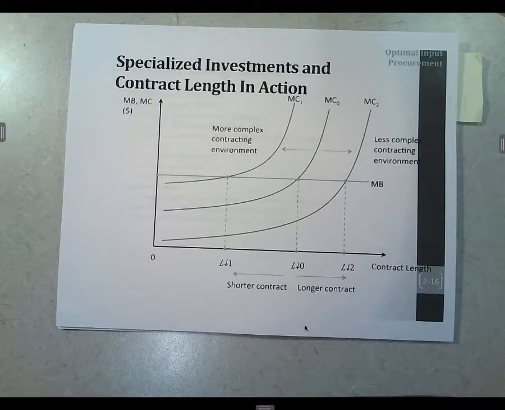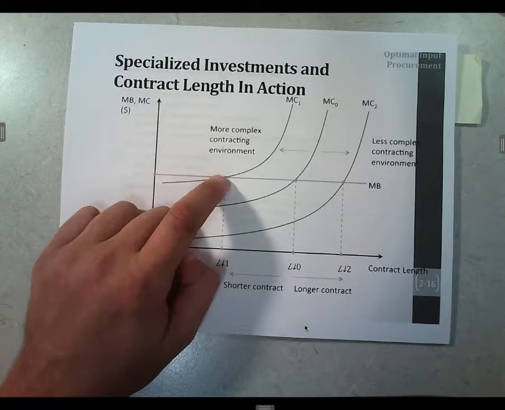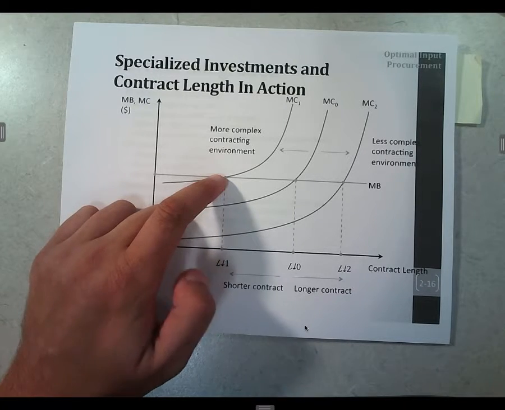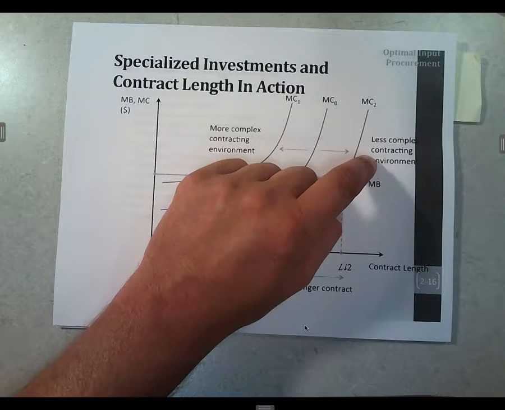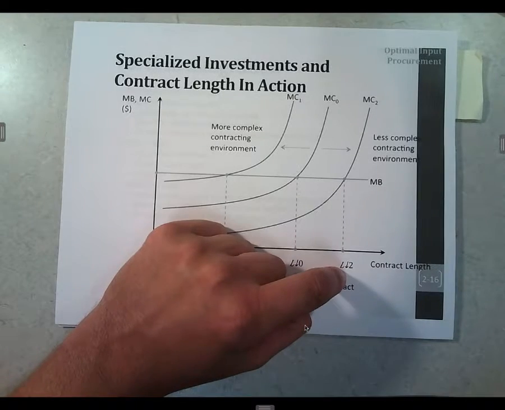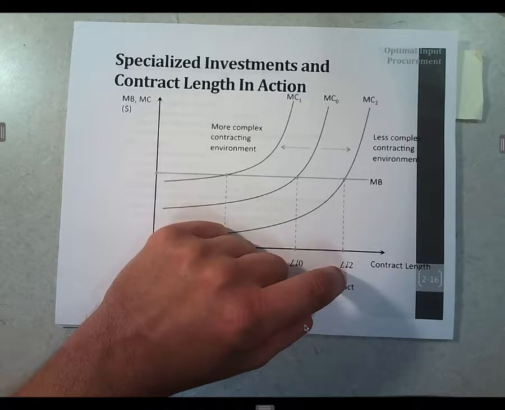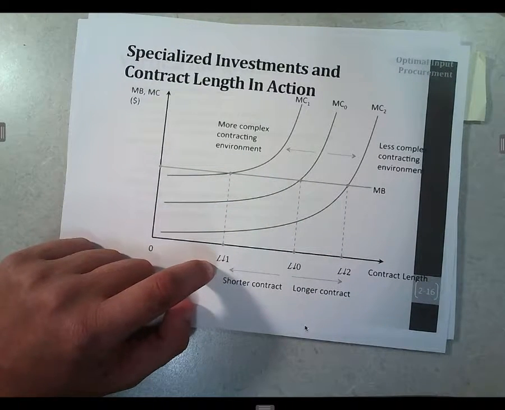Now, you can see that this changes as well depending on the complexity of the contracting environment. In a more complex contracting environment, we might see shorter contracts. If the contracts are not that complex, then you would see that the contract length tends to be longer. So if I'm buying a simple thing like pens, maybe I sign a 10-year contract. But if I'm doing a contract for,